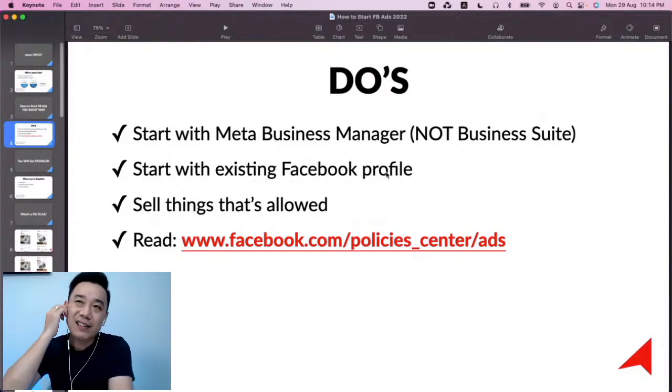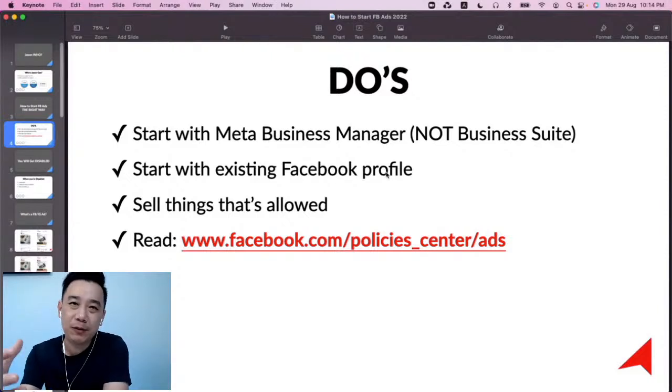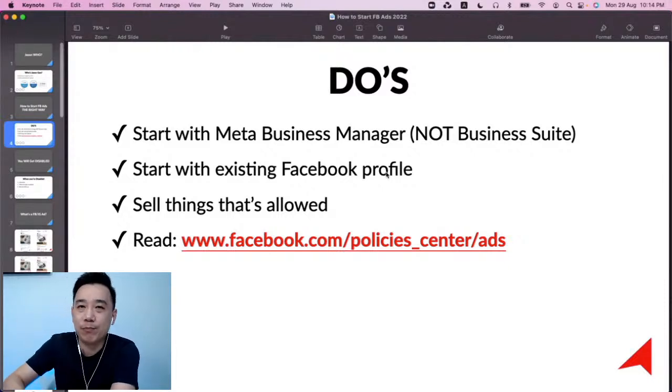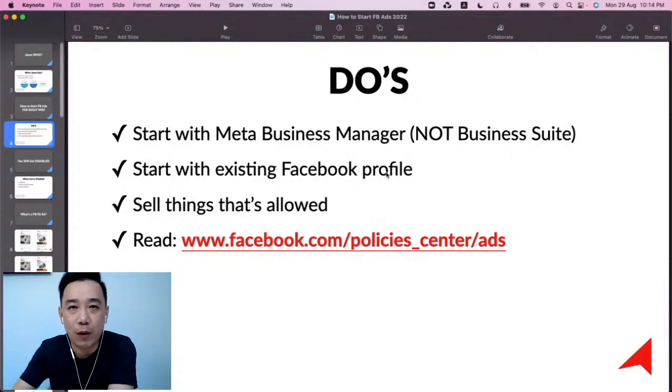This is how Facebook is programming their system to work right now. As long as there is a new profile trying to do something that is business related, immediately they will flag it and disable your account. They will ask for identity verification, and that's where you will get into trouble. Seriously, you have to make sure you don't do that. So what should you do?